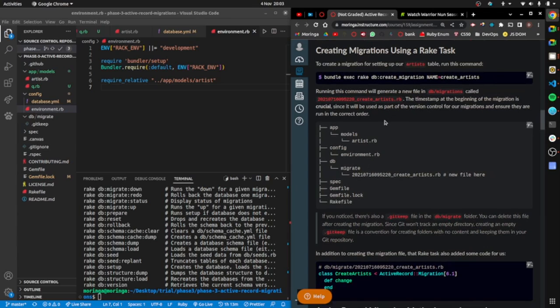Okay, so now we will start creating migrations. To create a migration for setting up our artist table, run this command. So looking at this command, it has bundle exec. Remember, this is the phrase we said, if you're having issues, you can run it. If you're having version issues, you can run this and then it will execute based on the recommended version in your gem file. And then we have rake